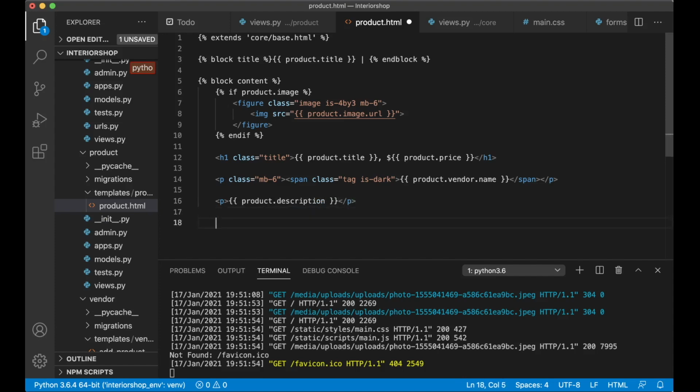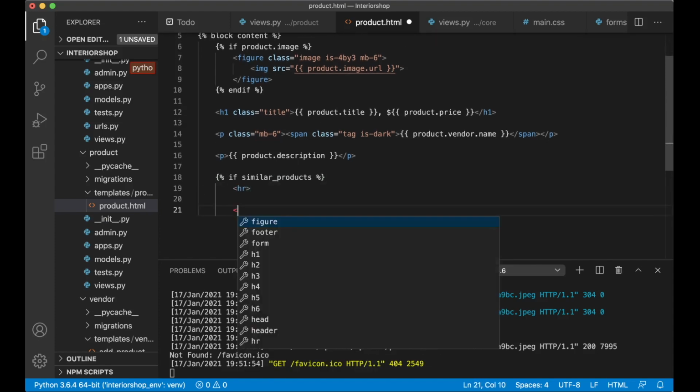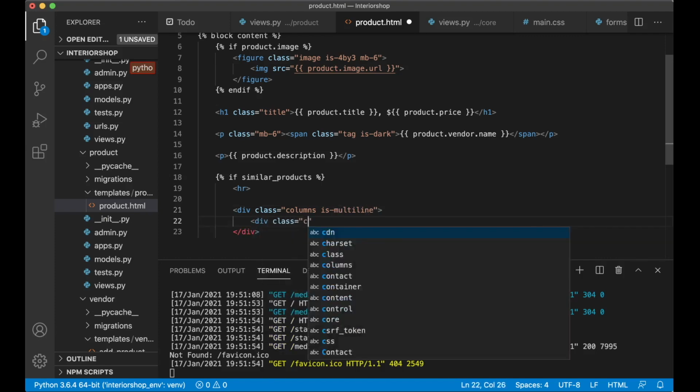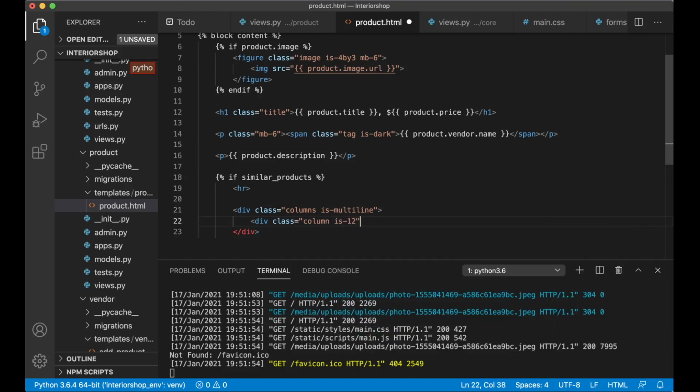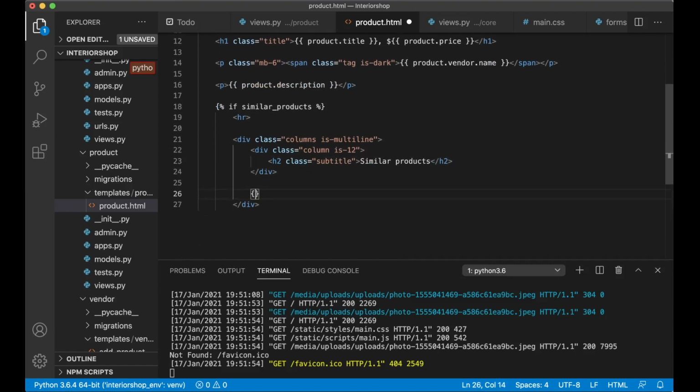and below here, if similar products, then we want to list them. First add an HR, div class columns is multi-line, and div class column is 12, so we can add a title here, h2 class subtitle, similar products, and then we can loop through them for product in